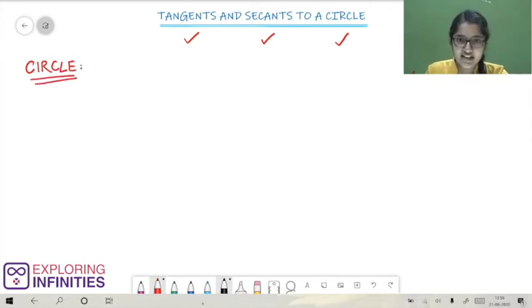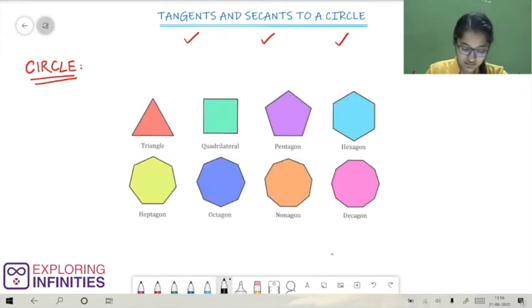Before we look at the exact definition of the word circle, let's look at some polygons. Here we can see a triangle, which is a polygon made of 3 line segments. Then we have a quadrilateral. Now we have learnt about many different types of quadrilateral in lower classes like square, rectangle, kite, rhombus, etc. So a quadrilateral is a polygon which has 4 sides. Similarly, we have examples of many other polygons having 5 sides, 6 sides and so on.